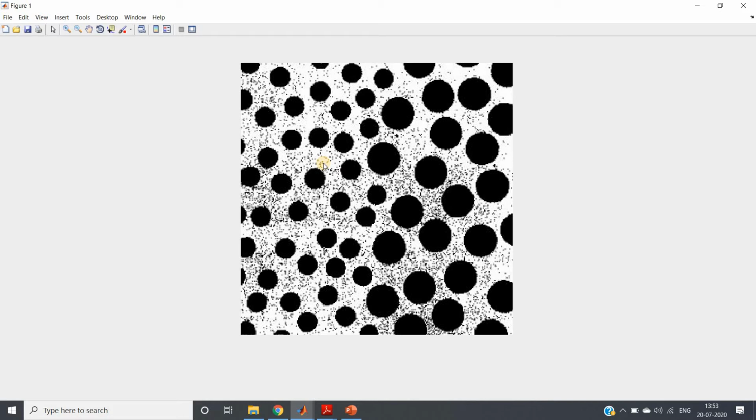So whenever we get this kind of situation, what I have told you is to take the complement. But this is a grayscale image, so properly we cannot say complement; here we can take the maximum negative of this grayscale image. So in this video I will show you how you can apply morphological operation on any image keeping objects as black and background as white only. So how can you do that?